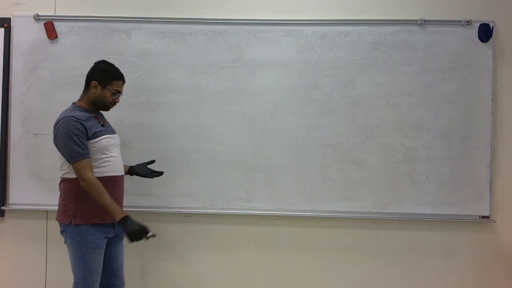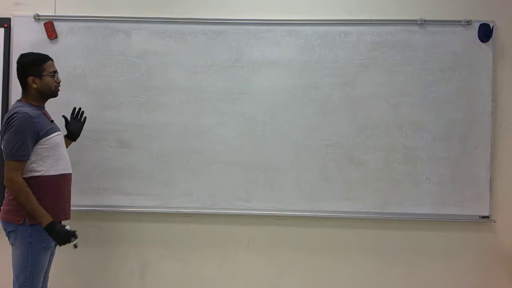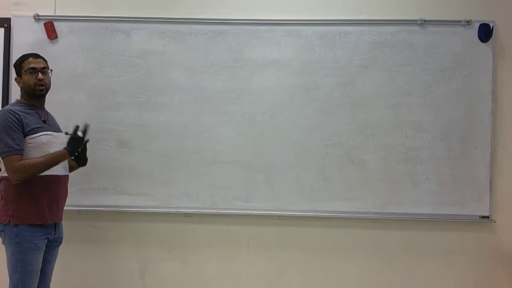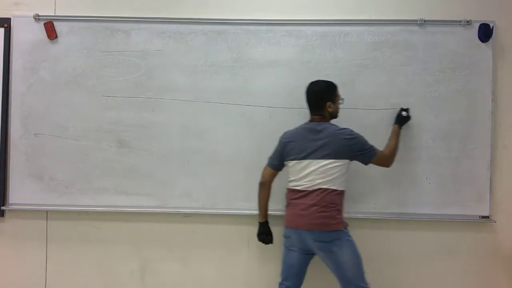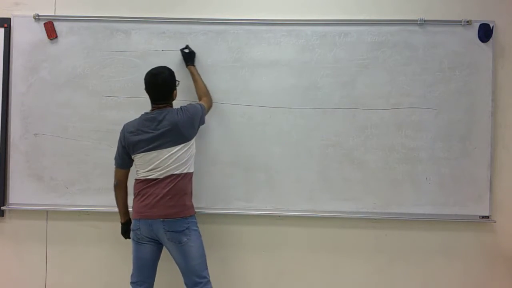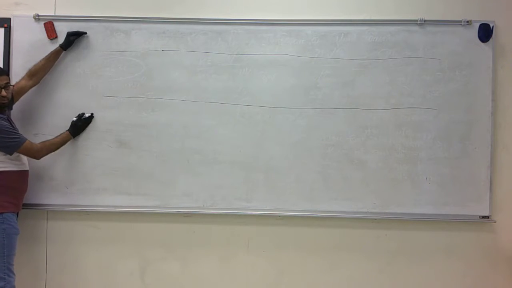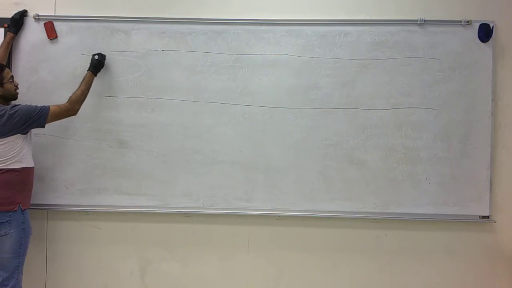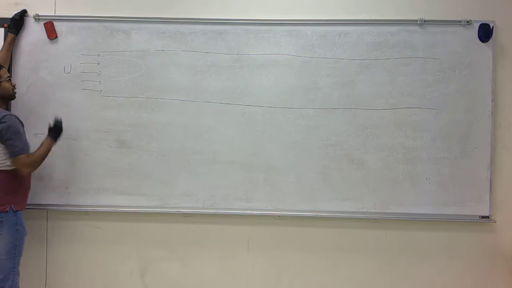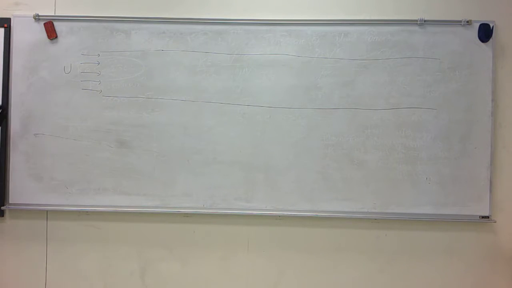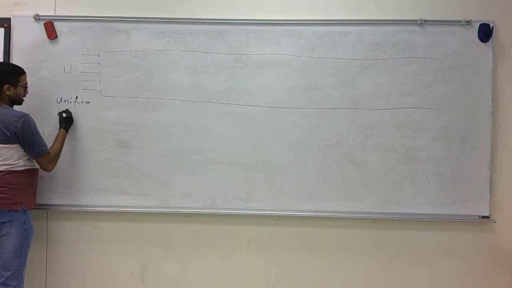So in our study of pipe flows, the next concept that we want to see is what happens when a fluid flow enters a pipe and how it evolves. So if you have a pipe section that is fairly long, and let's say at the inlet to the pipe you have fluid that is approximately at the same velocity, or uniform in its profile. Let's call it U. Okay, you have fluid whose velocity is uniform at the inlet.